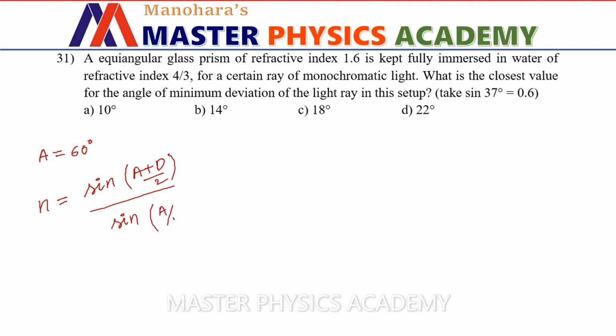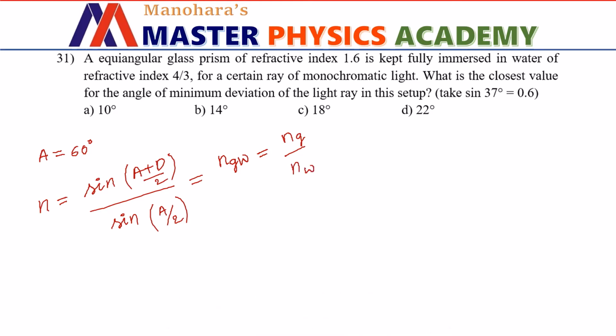But a small change we need to make in this formula. This formula has been derived in the case where the surrounding medium of the prism is air. But now this is going to be water. Therefore, the formula has to be changed. It is not n now, it is going to be n_gw, because we know the material which is surrounding and the material of the prism. So what is n_gw? It is the refractive index of the prism with respect to the surrounding, which is water. And n_gw is Ng divided by Nw.